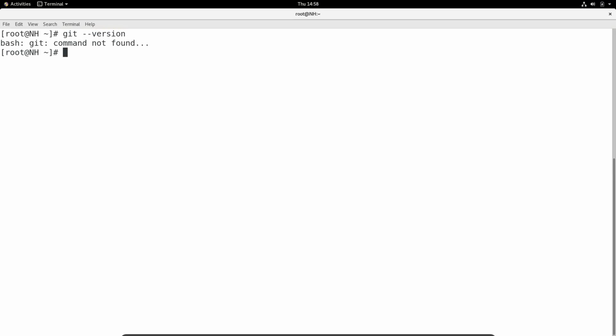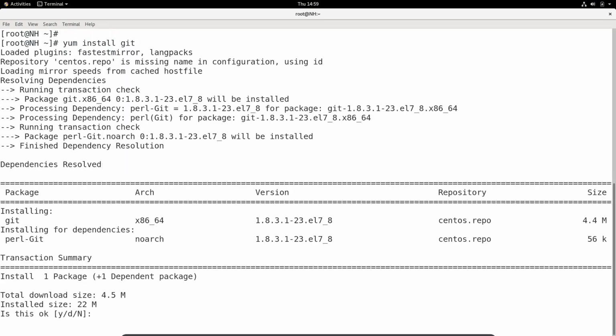So we have already verified that this is the CentOS 7 system. This is a Linux system. And in this particular system, Git is not installed. So now if you want to install Git, what you have to do, you have to give the command yum install git. If I give this command and hit enter, it will first of all